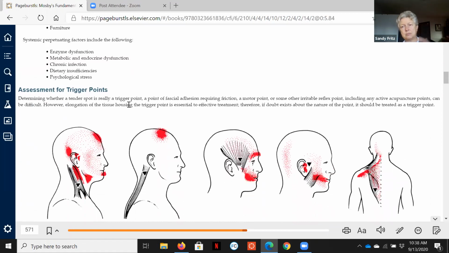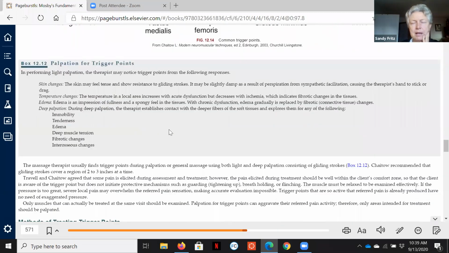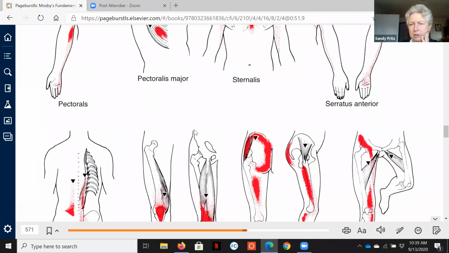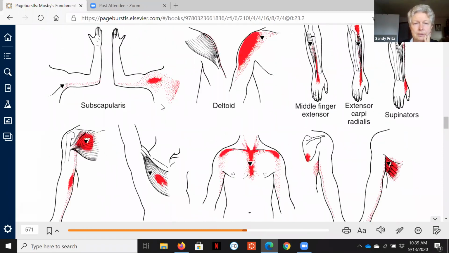And then here's what I do a lot of times with this, other than assessing with the drag palpation and or identifying with the various pressure levels I use during the general massage. I might find something where the person goes, oh yeah, that's the thing, that's the spot. But I also will show them this chart. This is actually out of one of Dr. Chaitow's books, but it's modified from Janet Travell, who had sorted this out. And like Ida Rolf, she was ahead of her time, and was postulating about these things before there was the science to thoroughly investigate. One of the things they found about these tender points is that